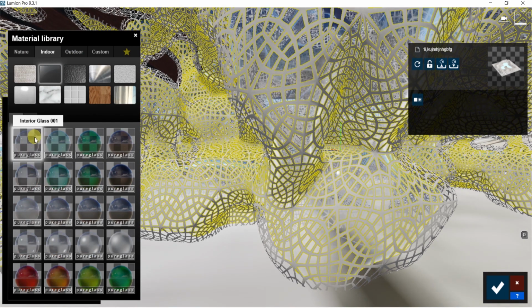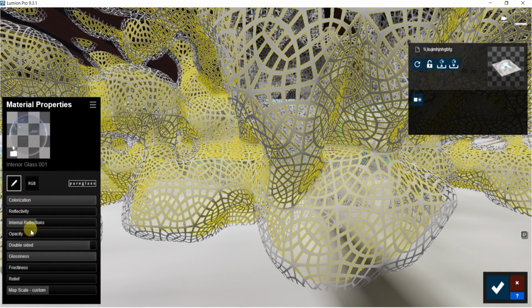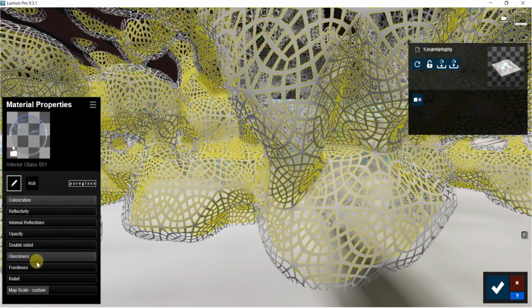So I don't want any reflections on it. I just want it to be almost as if it's not even there. I don't want it to be double-sided, and I don't want any glossy, or I do want glossiness apparently. Okay. And then from here,